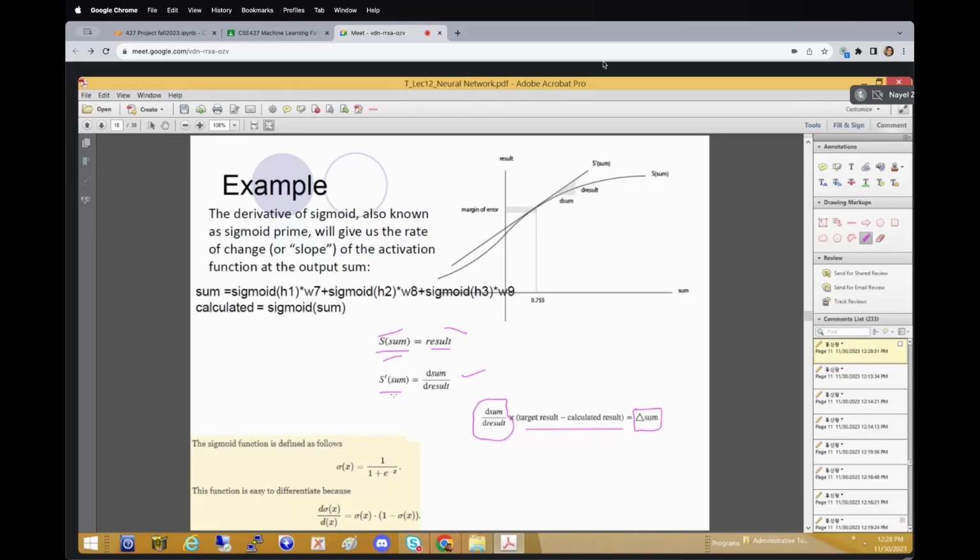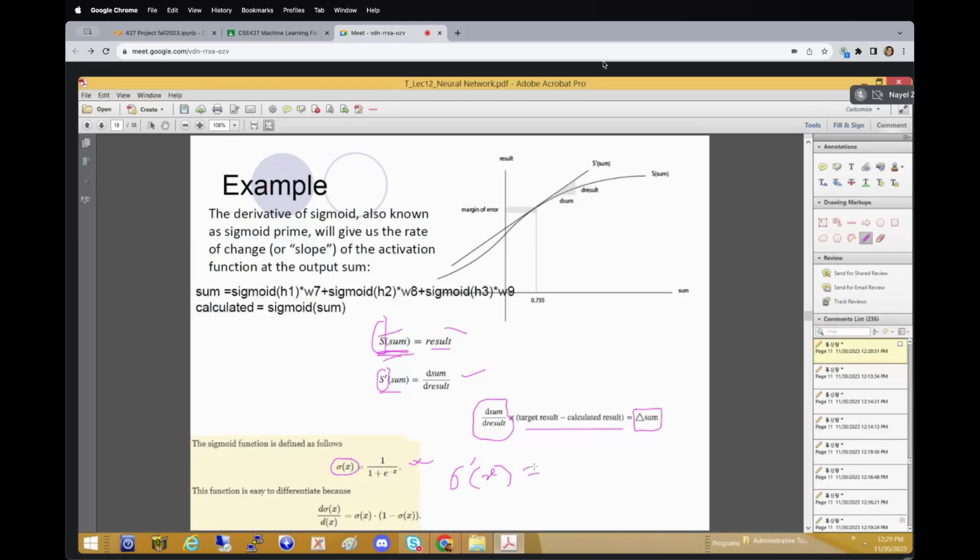One important thing here is we are taking the derivative of the sigmoid. We can see that this is the sigmoid s. So the derivative of the sigmoid function has an interesting property. And what's that? If this is the sigmoid function, sigmoid of x is 1 by 1 plus e to the power minus x. So if we take the derivative of this,